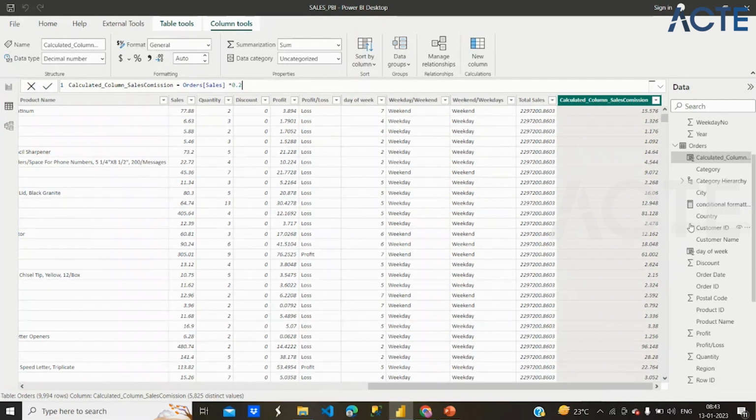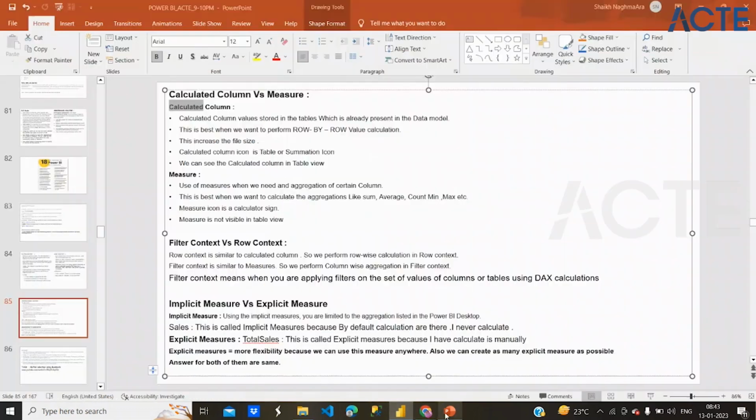Okay, so this is row by row, and our measure uses filter context. You can see I have written: row context is similar to a calculated column because it performs row by row value calculations, and filter context is similar to measures because it performs column wise aggregations in filter context. Okay,